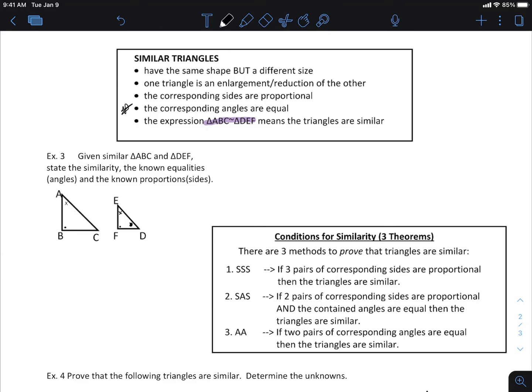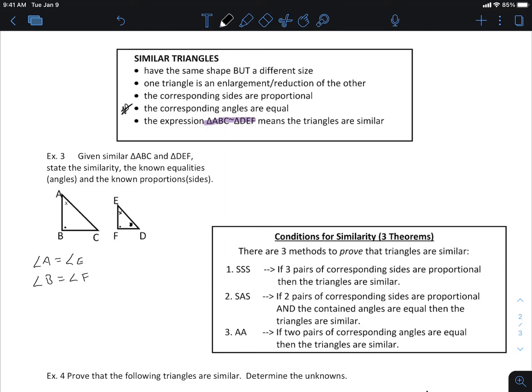It looks like they've denoted that. I just moved the x, I think the x was in the wrong spot. So we're trying to prove whether or not the angles are the same. Angle A equals angle E. Angle B equals angle F. And if we know that two of the angles are the same,